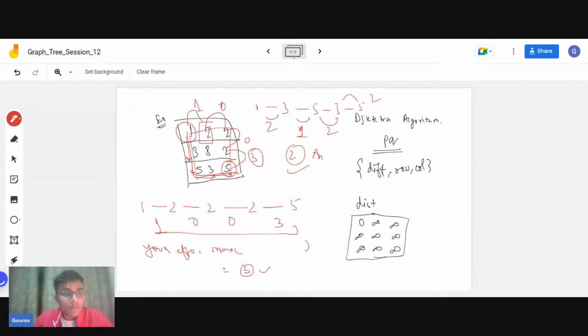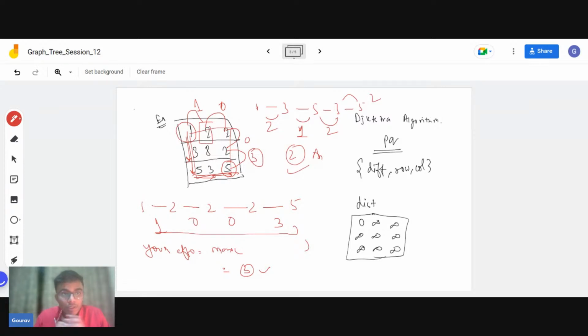Now I'm asking you, what concept will you apply to get an answer for this type of problem? Is there anyone who can briefly write about the concept that you can use to solve this question? We have 14 people with me right now. Anyone? It's already mentioned in my slide that we will be using Dijkstra's algorithm. But can anyone briefly write how we can apply the concept to solve this problem such that we get the minimum?